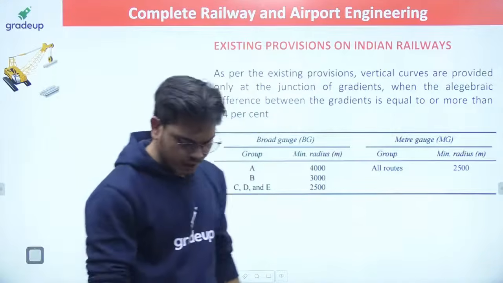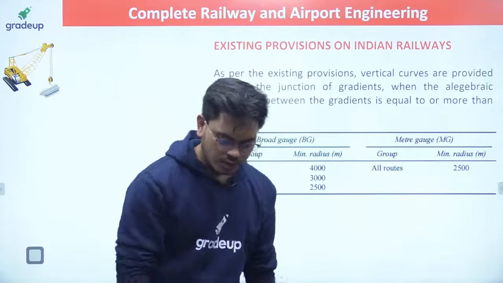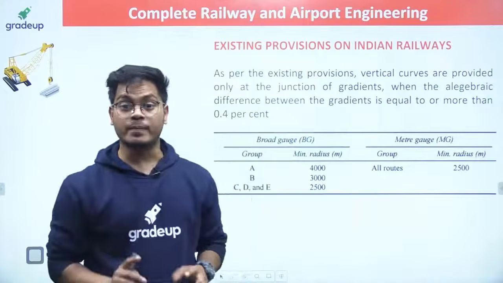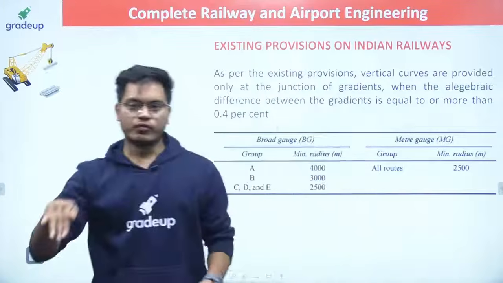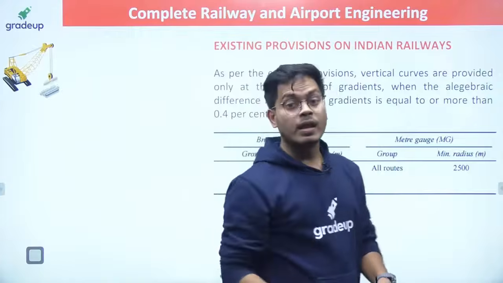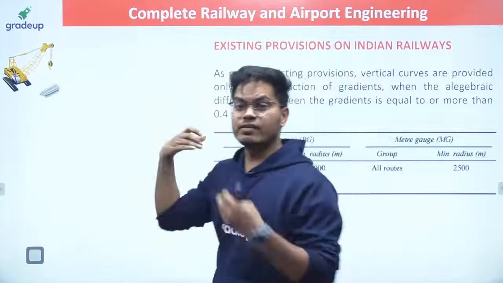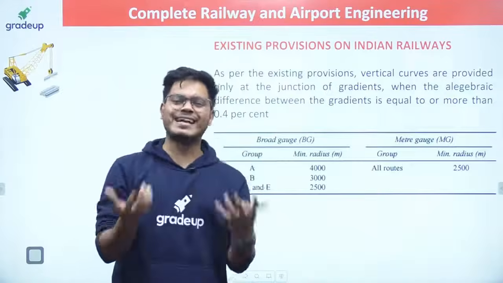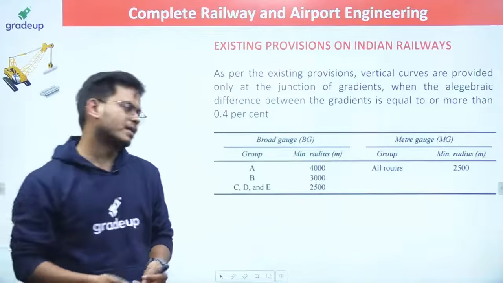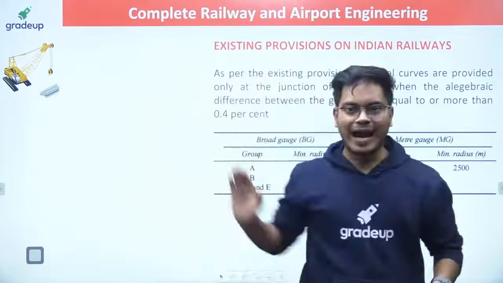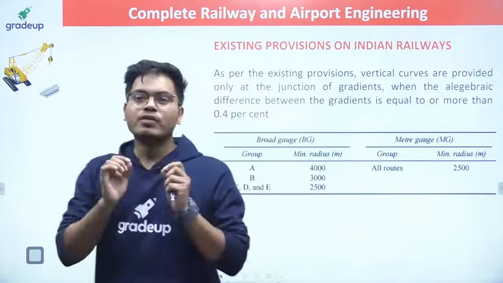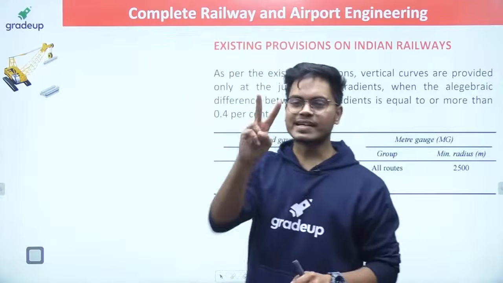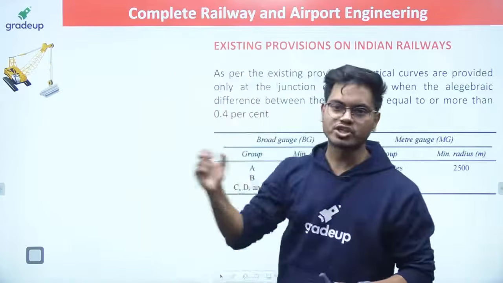And then we are going to understand the grade compensation. Now grade compensation, exactly the same thing what we have discussed in highway engineering. So whenever we have a curve, we get this curve resistance, right? And whenever we have a gradient, we can feel that our vehicle is being pulled in backward direction by some power, and that is nothing but the gravitational pull, right? So if we have curve and gradient at the same place, we will have two type of losses. One will be your curve resistance and second will be your loss due to that gravitational pull.